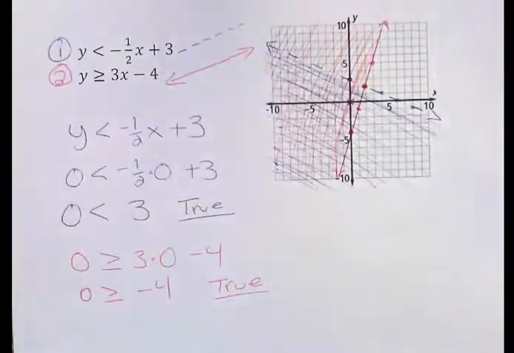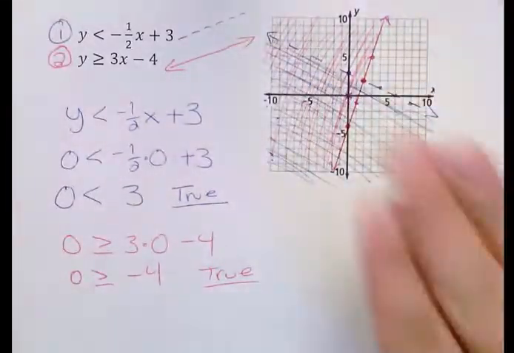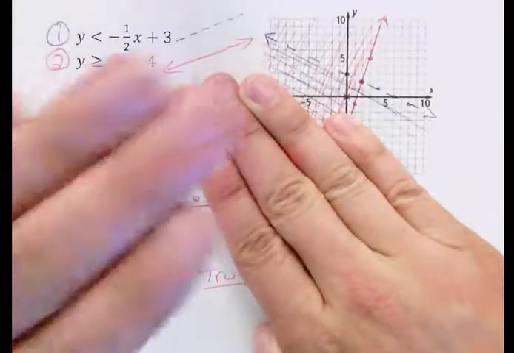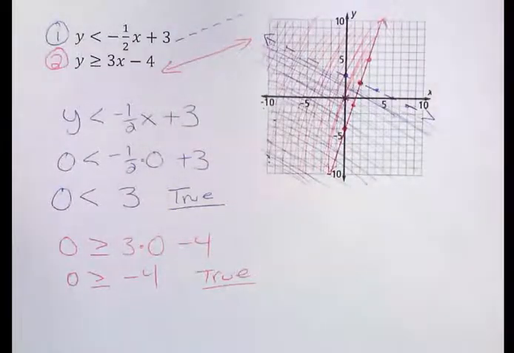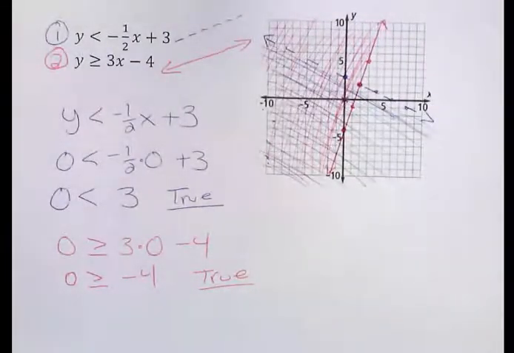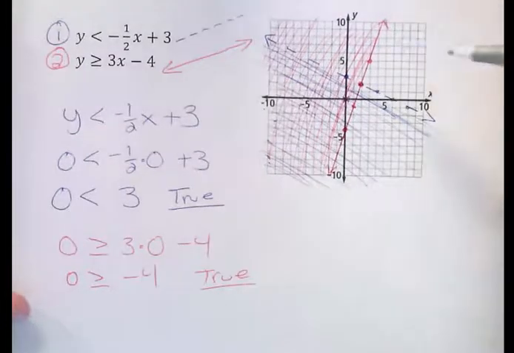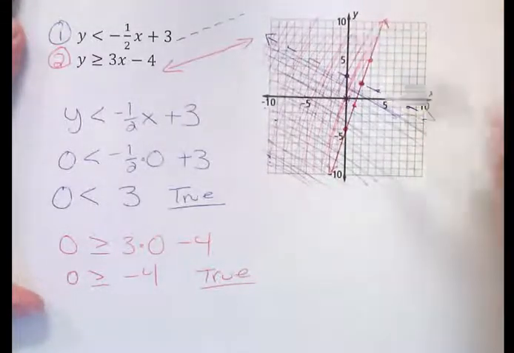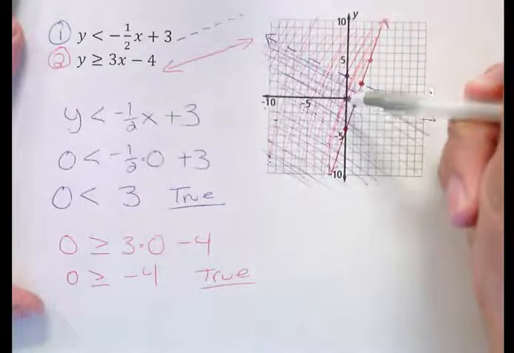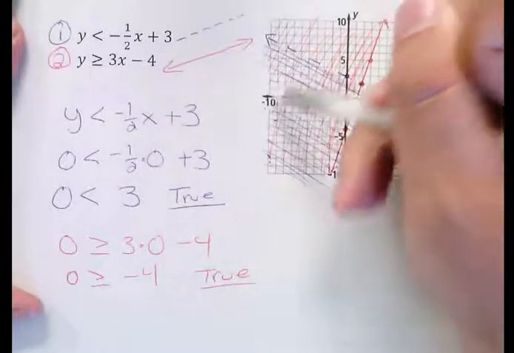Okay. I have both my problems graphed, one in red, one in blue. Now here's what we care about. I'm looking for where one shading overlaps with the other. Where the shading pieces overlap, that is the solution to the system. So I'm looking for red and blue shading on top of each other. Notice there's no shading here, only red up here, only blue down here, but over here, this kind of giant corner,